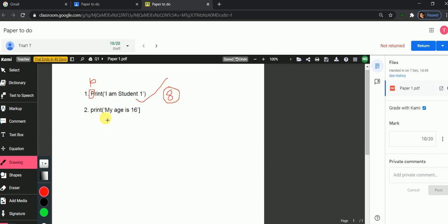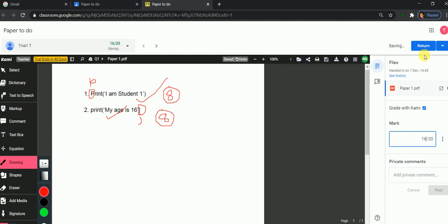After this, I'm moving on to question number 2, and by checking, I found that this is the error here. I'll mark this error and write the correction which is required. Instead of this bracket, this is to be written, and the rest is okay. I'll write here, and suppose again I am assigning 8 marks for this answer. So total marks assigned to this student by me are 16. I'll write here 16.